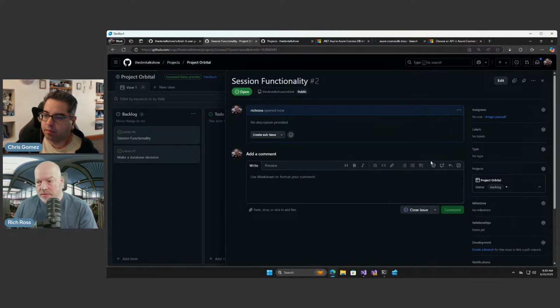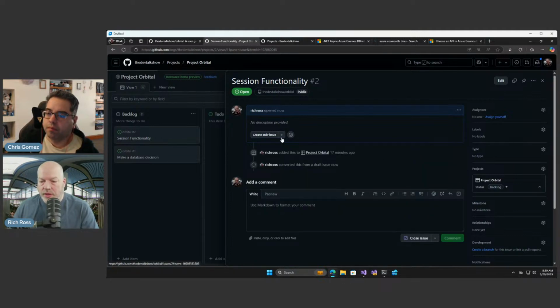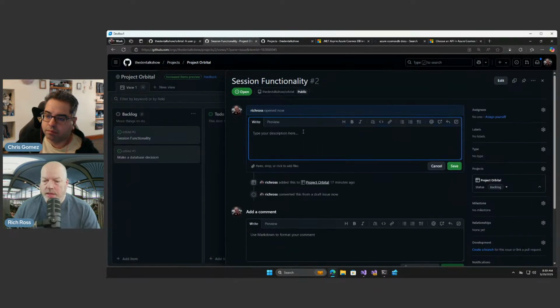Now we get a good view of an issue over in our GitHub repository. So we don't have a description on here, but if I edit this, oh, not that, cancel. I want to edit this because this box is where I want to put a better description. I'm going to go down this path and we may wind up backing out of it, but this is kind of what I'm thinking. So this is a listing of the features